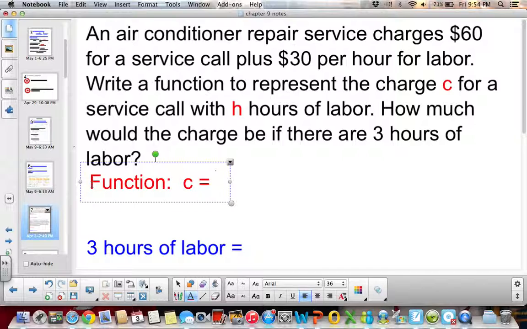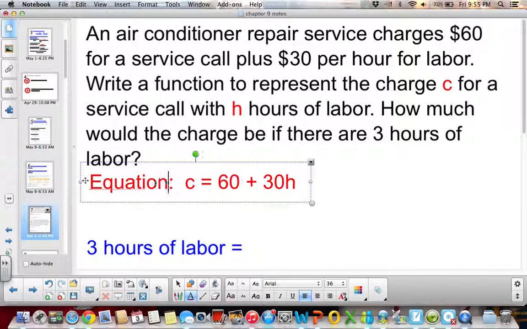So that's going to be our C equals. We know that it's $60 no matter what, it's $60 for the call plus $30 per hour. So however many hours there are, you're going to multiply it by 30. Because H is our variable in our equation,